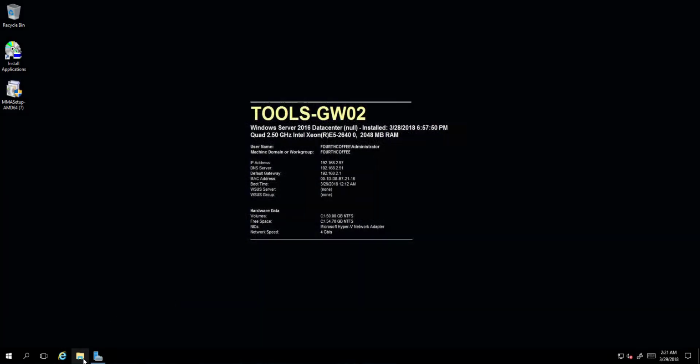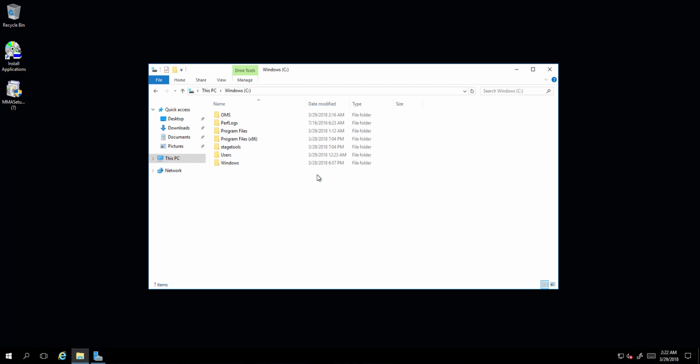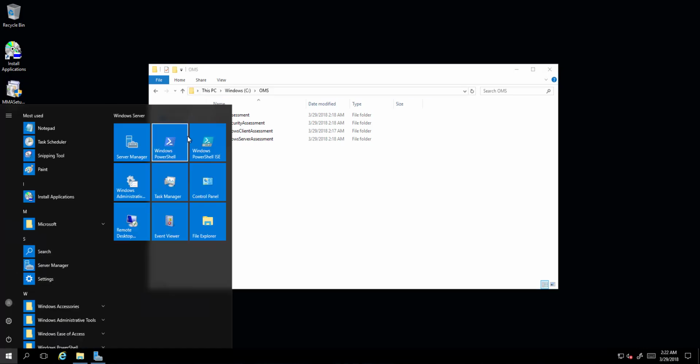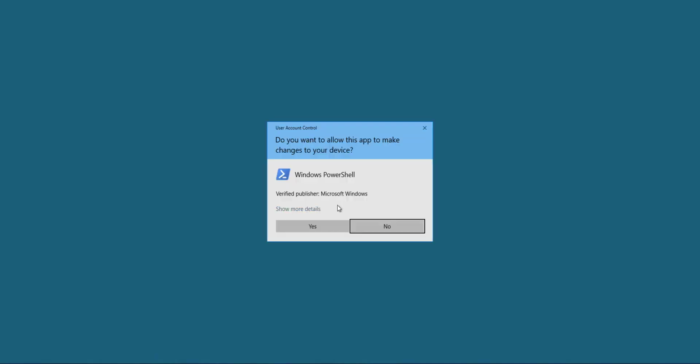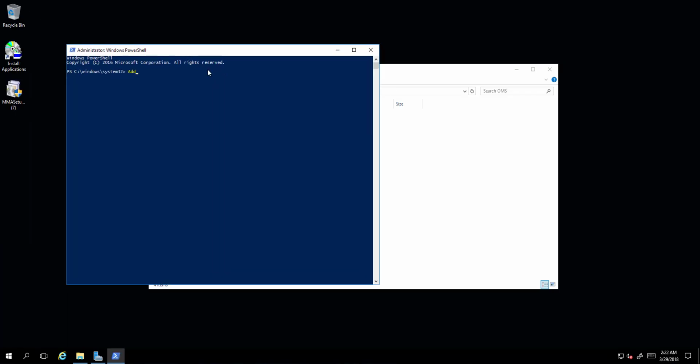To begin, log into the data collection machine and create a working directory for the SCCM assessment data to be stored. Copy the working directory and open the PowerShell prompt by right-clicking and choosing Run as Administrator. Then in PowerShell, run the command add-sccmassessment. Then click Tab, and if you see the line autocomplete, you'll know the agent setup module is loaded